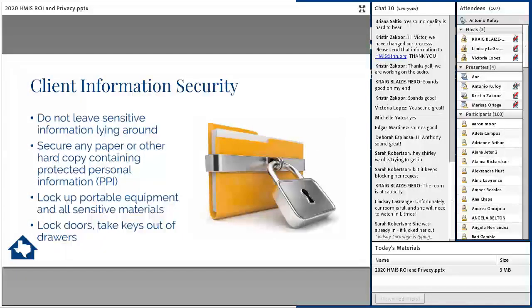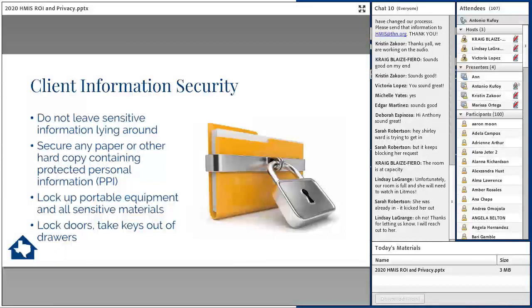Okay, and now I'm going to cover physical data. So like papers, anything you might have printed out of HMIS, or maybe some sort of client files that are related to the client in HMIS. So with any sensitive information, you don't want to leave it lying around. Printers, I think, are a very notorious area for having tons of paper just thrown around, just because you might accidentally copy 2 or 3 versions of it and you leave one to the side or something. We just want to make sure to shred those or get rid of them the best you can.